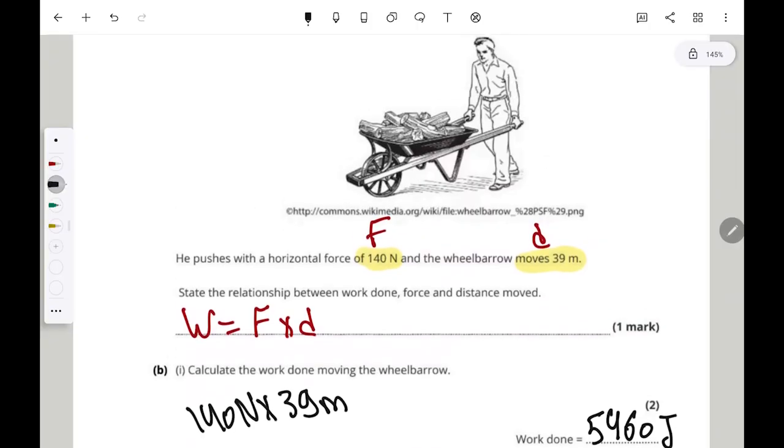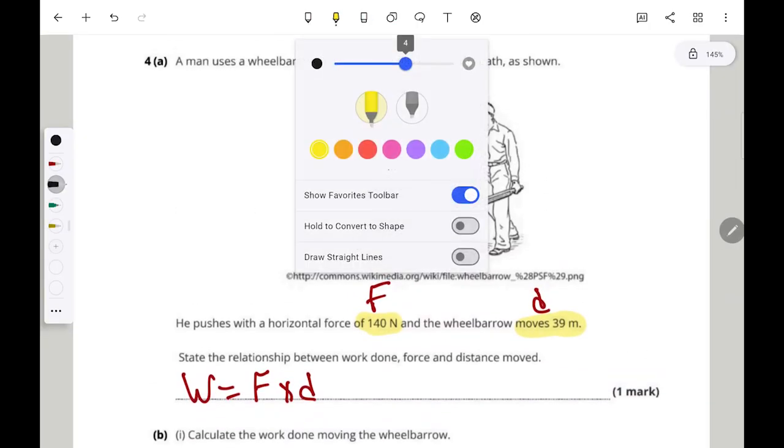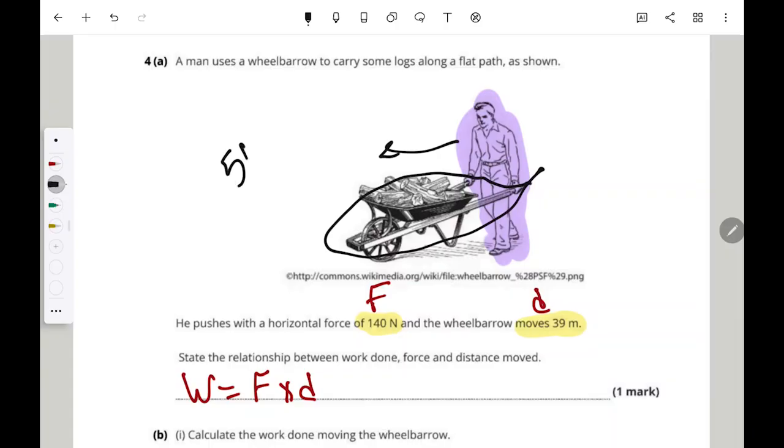Okay, again, this is the man. I'm gonna highlight him in a different color. Okay, and what the man is doing is he is applying work on the wheelbarrow. All right, the wheelbarrow is an object that doesn't have energy of movement at all. It only moves because this man is pushing it. Now, this man is pushing it with a certain work that we calculated it to be 5,460 joules, which means the wheelbarrow gets affected by